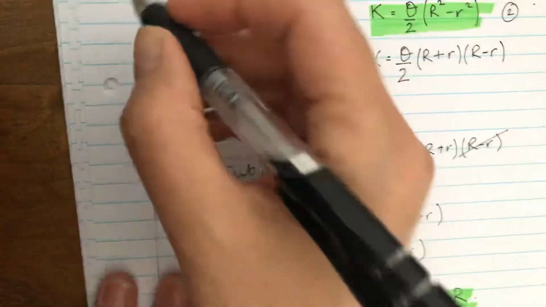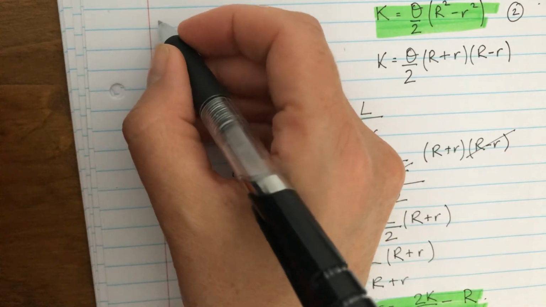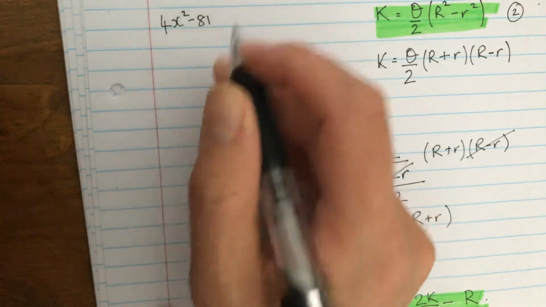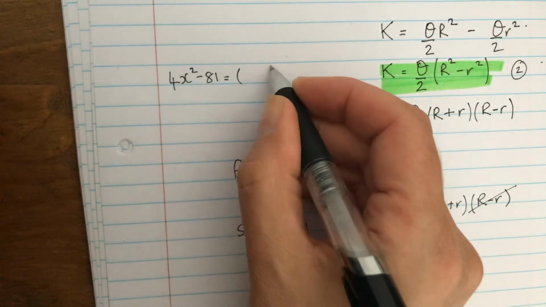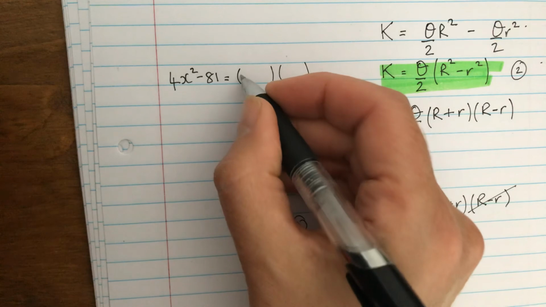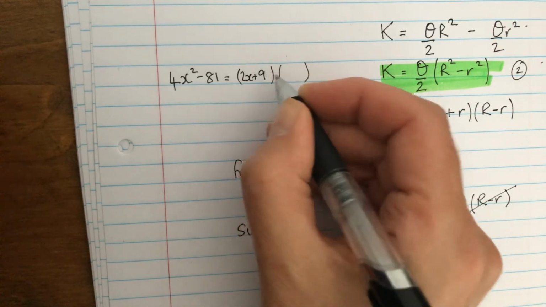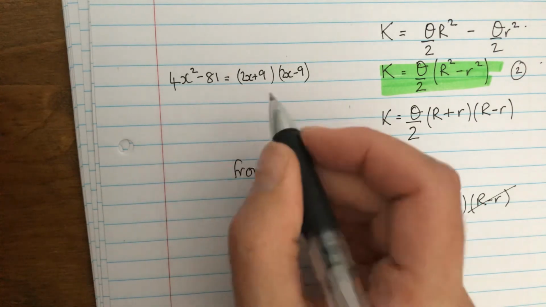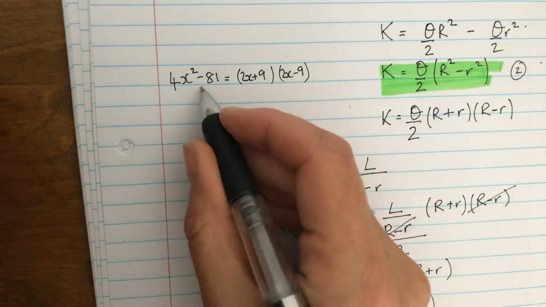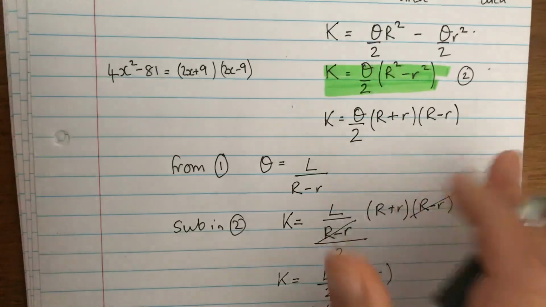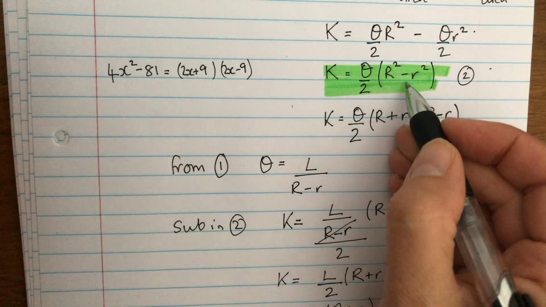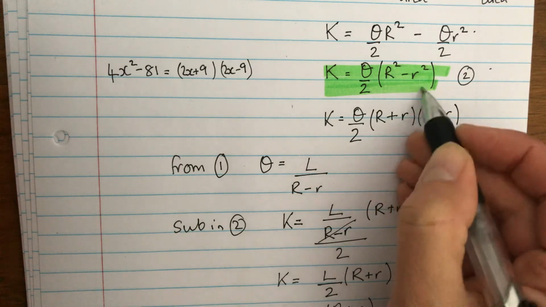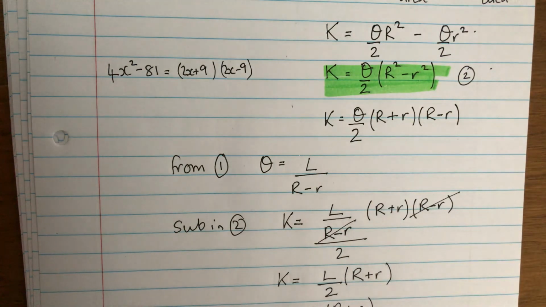Okay, just checking you remember that again. So if you've got something like 4x squared minus 81, because both of those are squares, you can simplify that into 2x plus 9, 2x minus 9. The square root of that, the square root of that. Square root of 4x squared is 2x, square root of 81 is 9. Similar thing here, big R squared minus little r squared is the square root of that, which is big R, plus little r, multiplied by big R minus